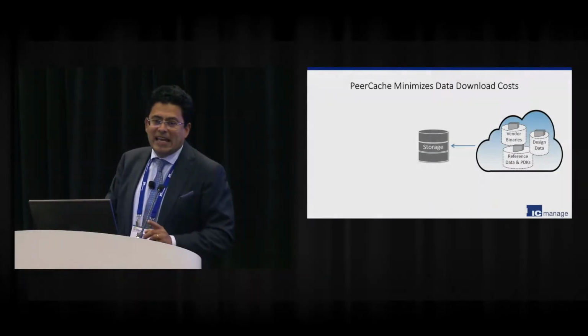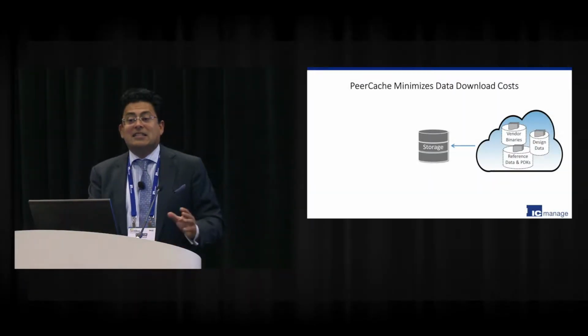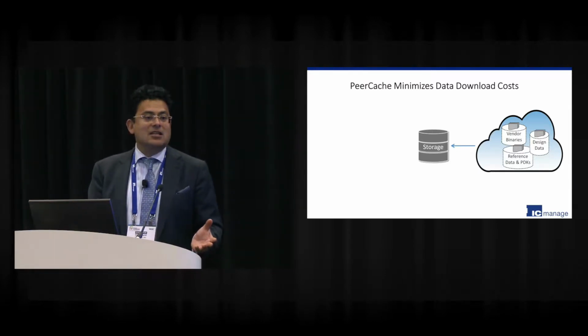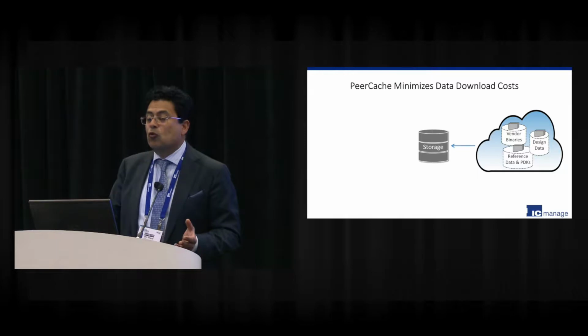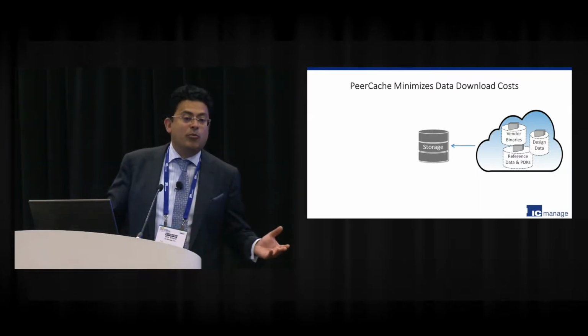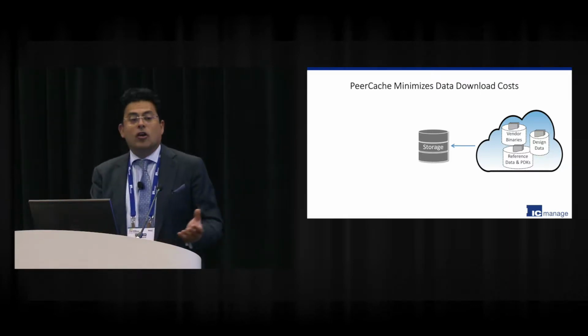Now, we talked about getting data into the cloud, but obviously getting data out of the cloud is very expensive. All the cloud vendors are the same, $10 a gigabyte. That can rack up really, really quickly. So if you're trying to maintain coherency between your on-premise and your cloud, you have a lot of challenges there